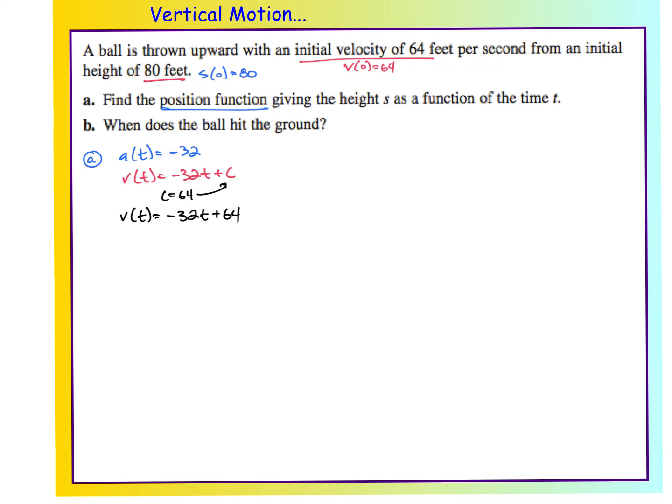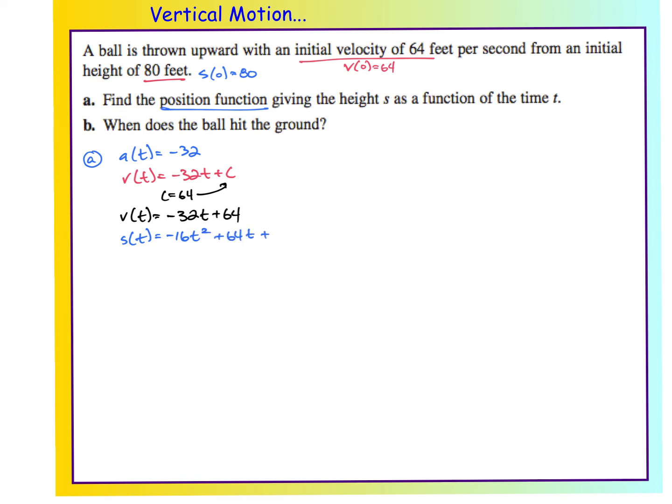Well, now I need to get to position. So take an antiderivative. So s of t is equal to, what is my antiderivative of negative 32t? Negative 16t squared plus 64t plus,